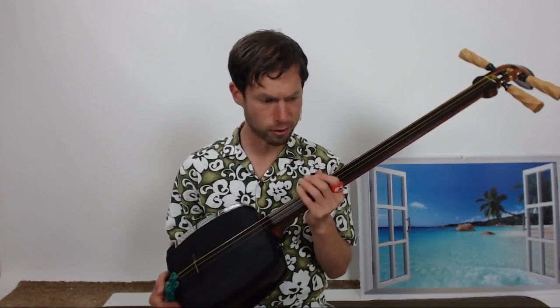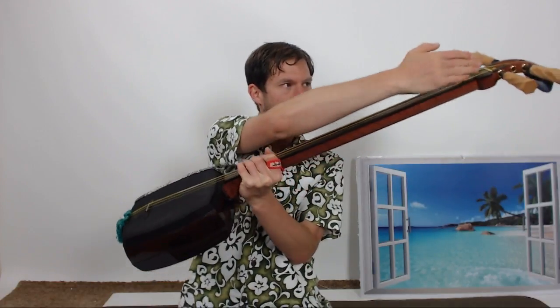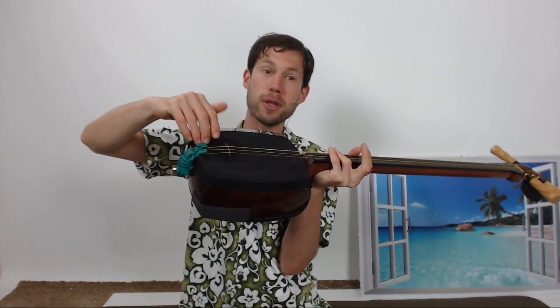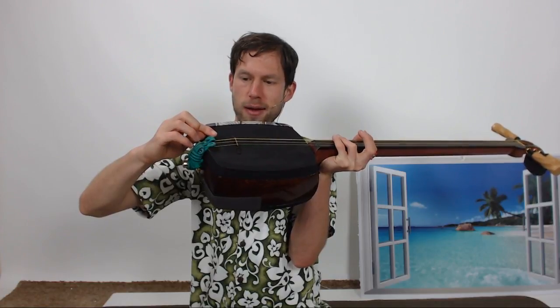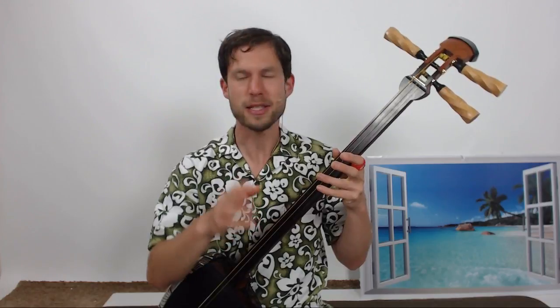Generally what's considered low action is if you have a straight edge. What would make low action is if the straight edge goes along here and there is 3.5 millimeters of distance between the bottom of the straight edge and the top of the do. If there's 3.5 millimeters, that's the lowest it could reasonably go to have